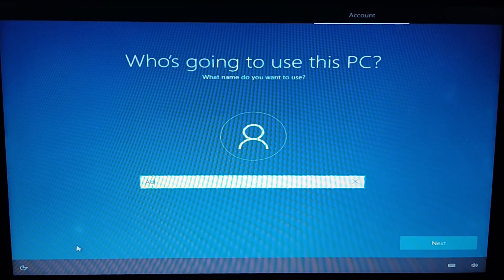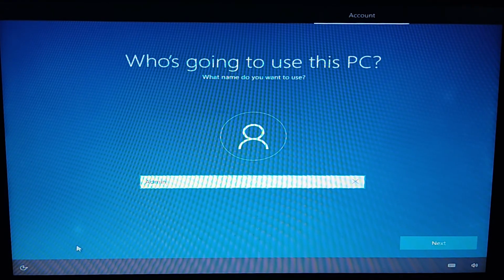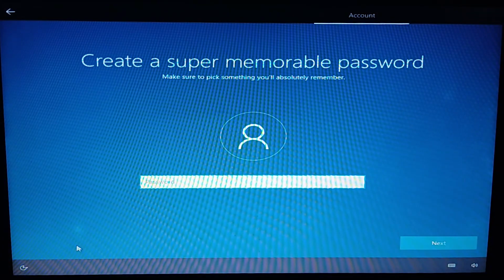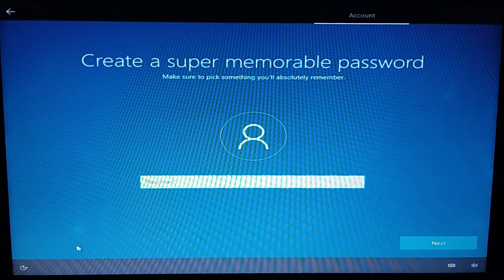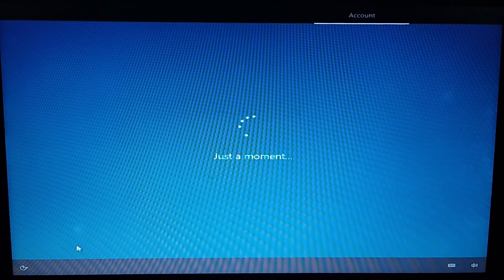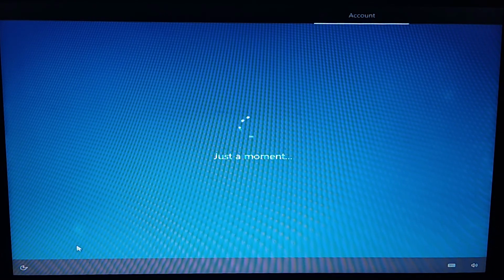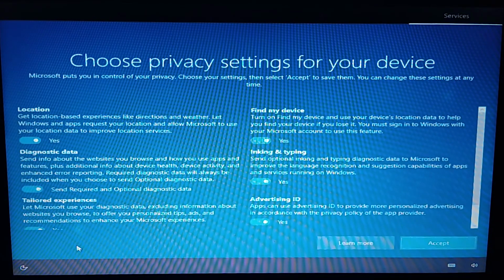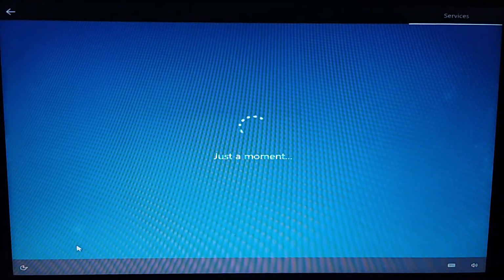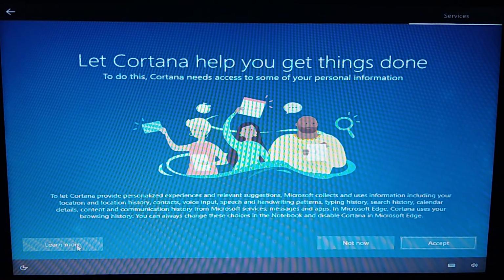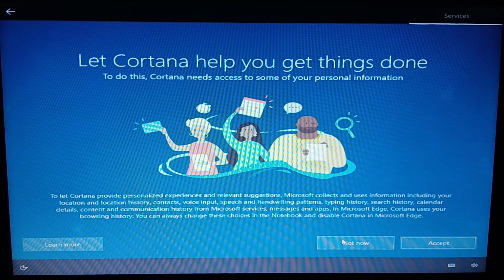I will put admin and then enter. Then we can keep a password here, otherwise we can leave it. Go to the next. Then accept. Then not now.